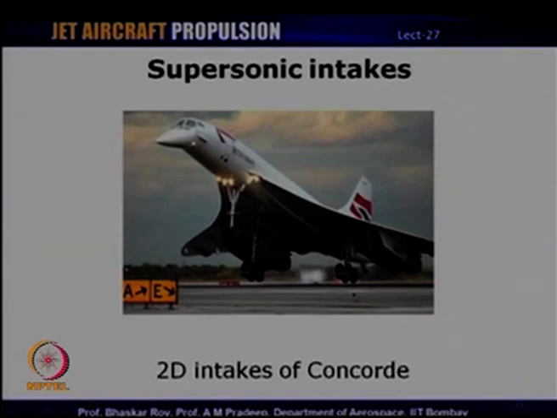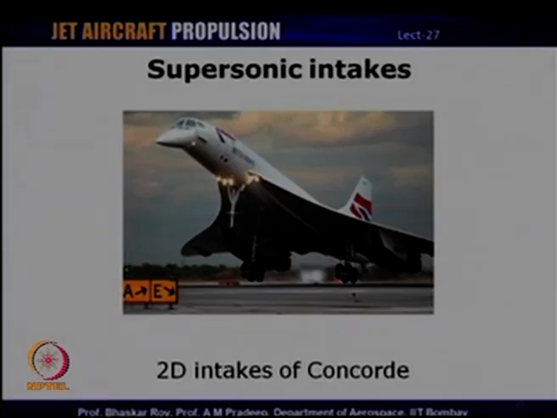So, this is one example of an axisymmetric intake with a spiked center body. And this is a two-dimensional intake. This was the only civil aircraft which could cruise at supersonic Mach number, and this was Concorde, and the operation of this was abandoned a few years ago. This aircraft had 4 engines, all of which used two-dimensional intakes. What you can see here are the openings of the intake. These intakes are straight and rectangular in their geometry, but these are not fixed geometries, these are variable geometries,